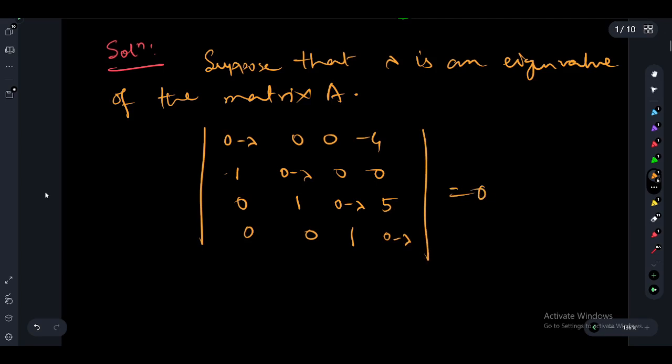Since lambda is an eigenvalue of the matrix, we can write the determinant of A minus lambda I is